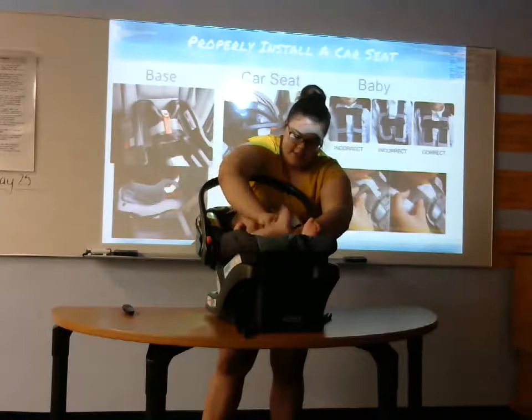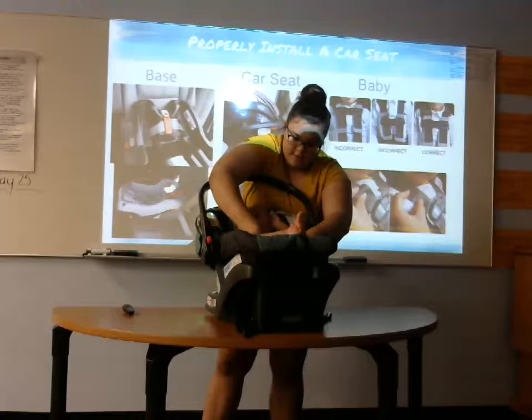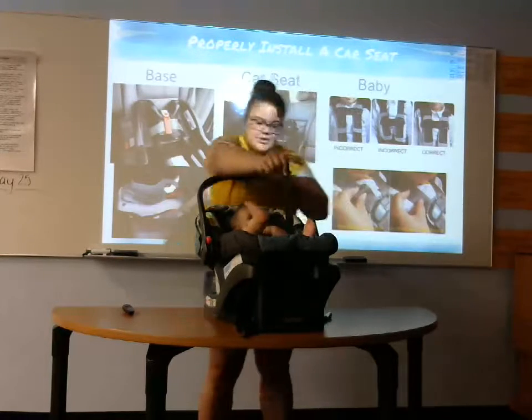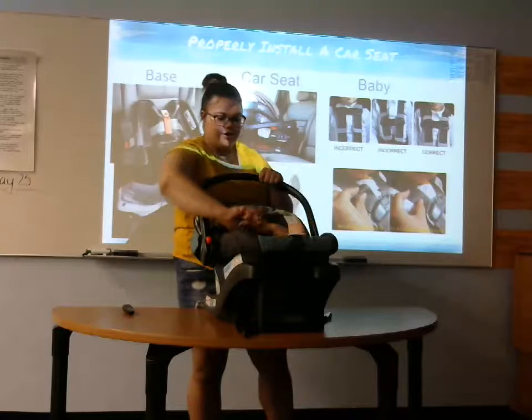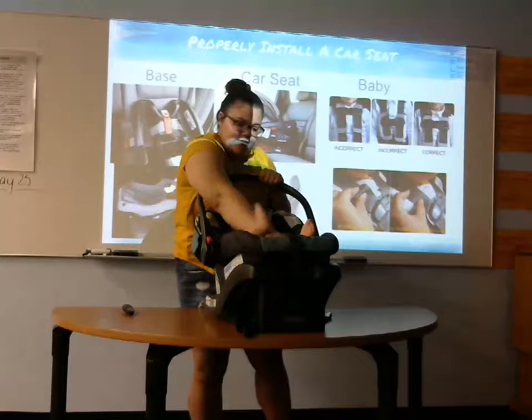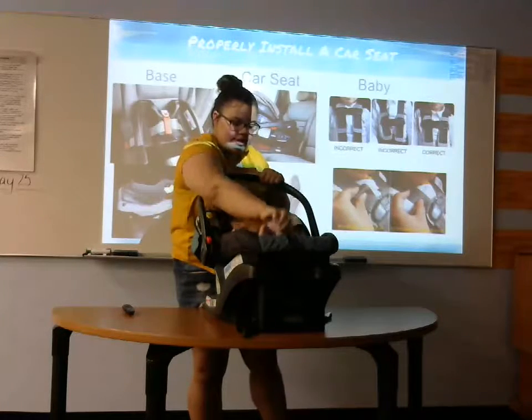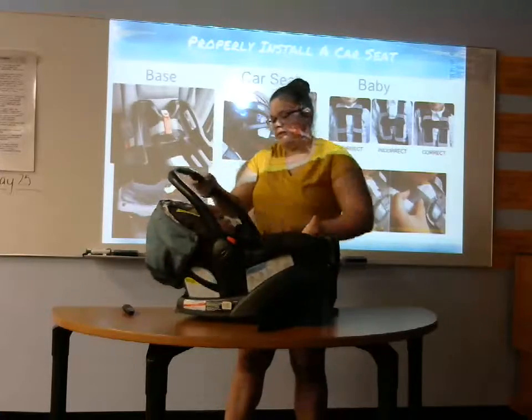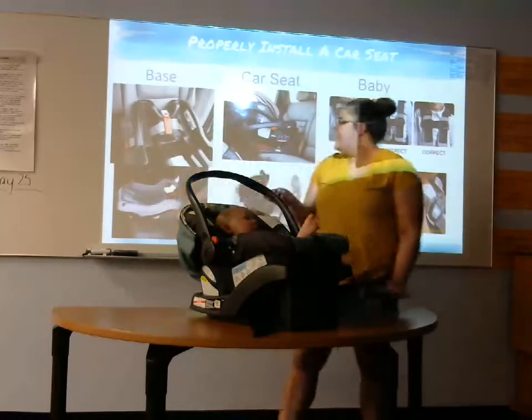Just put the clips in here. And then on mine, we have this string right here, which you pull to make this tighter or looser. And there's a clip or a button on the inside, which makes it looser and tighter when you pull this. And then after,